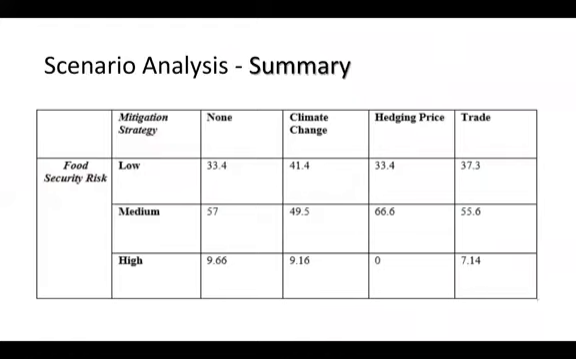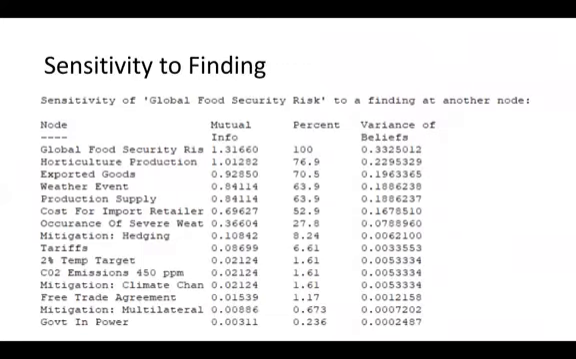Overall, from data in the following sensitivity analysis table, all mitigation strategies decreased the risk to global food security. However, the price hedging strategy is the most effective form of mitigation, and it can completely eradicate high risk on global food security. This sensitivity analysis was conducted to evaluate the effectiveness of all three mitigation variables on the global food security node. Based on the results, as mentioned, the hedging strategy had the most impact on global food security